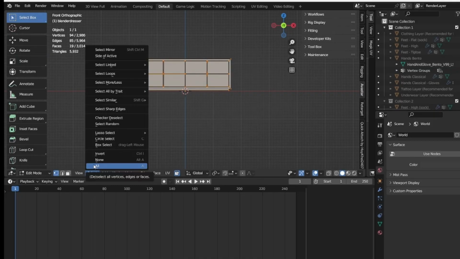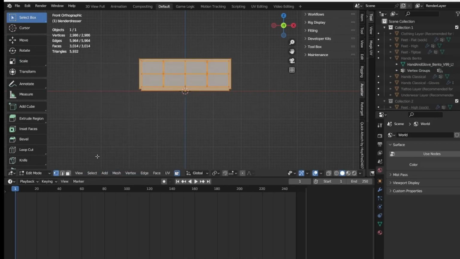You can do a select all here, and when you see the orange highlight, make sure everything's highlighted. Then you know that the whole object is highlighted, not just part of it, and that will mean that you've selected everything, which is what you want to do. To separate an object, you just want to hit